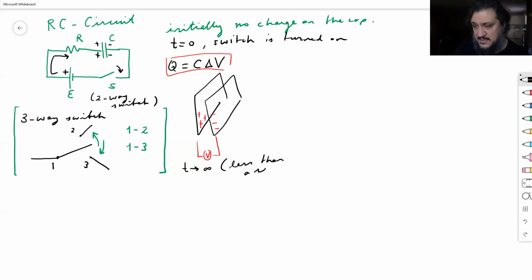Then a second. You have all of the charges present in the capacitor. But what happens in between is actually what we're trying to find today. Okay, so if I would plot